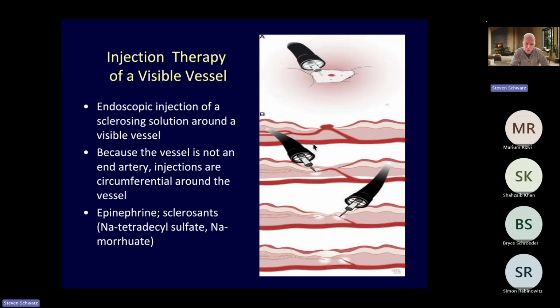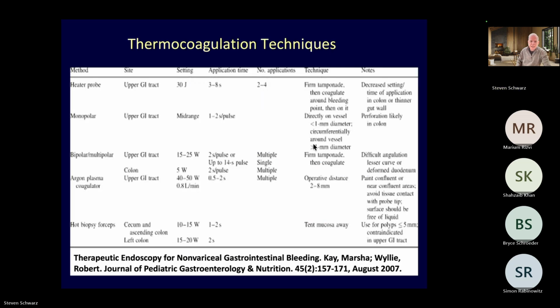Injection therapy of the visible vessel, you don't inject the vessel, you inject the area around the vessel circumferentially. And the most common solution that you use is epinephrine. The sclerosants were typically used for variceal injection, but since it's the rule of twos, you generally use epinephrine, and then you use another technique, and you can use thermocoagulation,